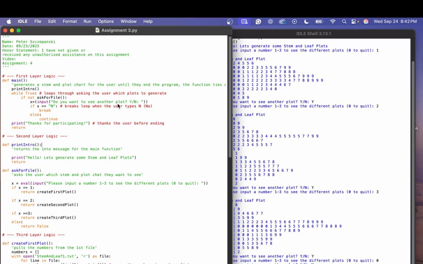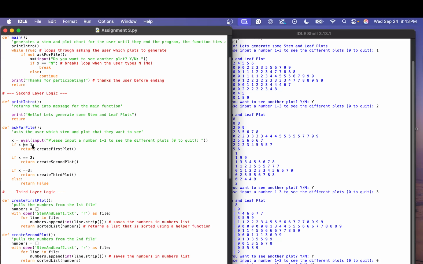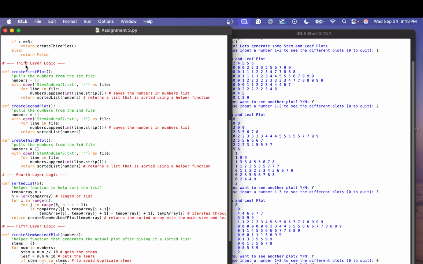So the first question is, how's my main organized? Essentially, this is where all the while logic is created. Besides the print intro, everything else is basically in a loop where it keeps circling, asking the user if they want to see another plot until they break it by saying no. And then after that, it just thanks them for participating. But if they do say yes, then it goes straight to the ask for file section. The ask for file section is essentially asking if they want to see the first plot, the second plot, or the third plot. And then it follows the logic, goes into the third layer, creates the first, second, or third plot, and that's